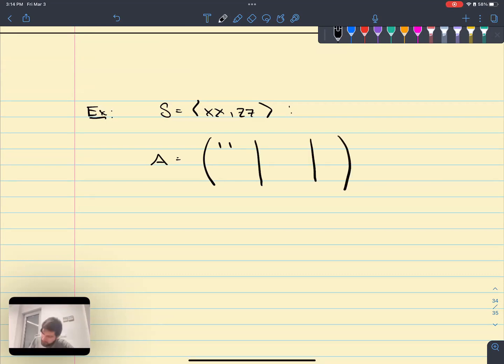So I have something like this, XX 0, 0, 0. And then I have 0, 0, 1, 1, 0. Okay, this has rank 2. We can see that that's the case because there are no entries that are overlapping. Therefore, they're linearly independent. And XX and ZZ are